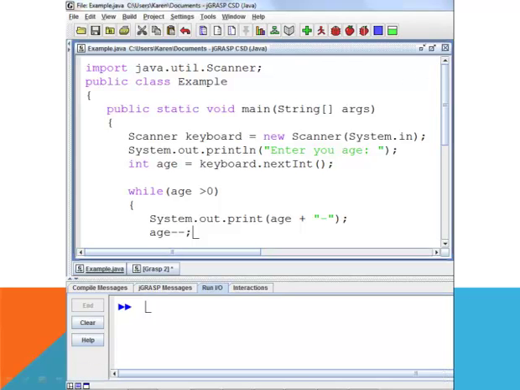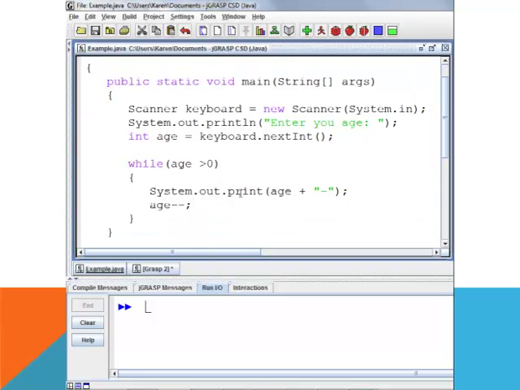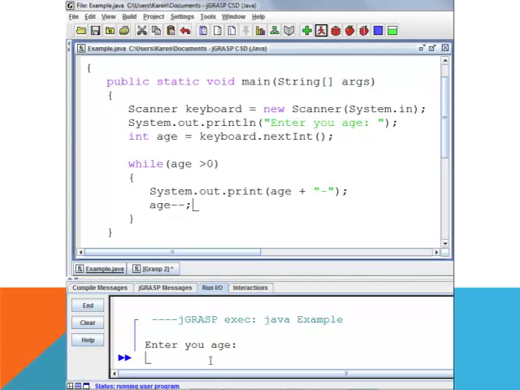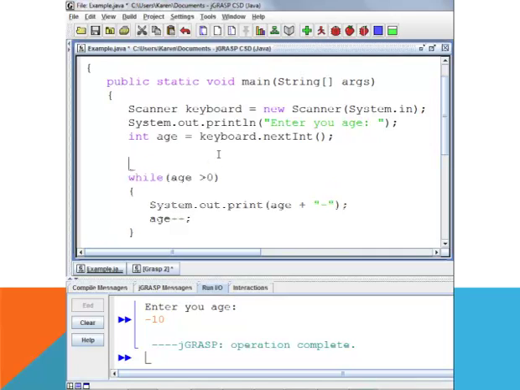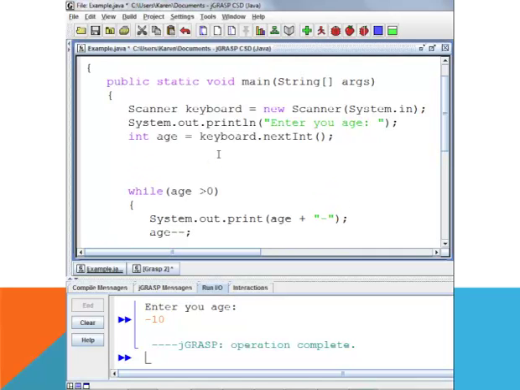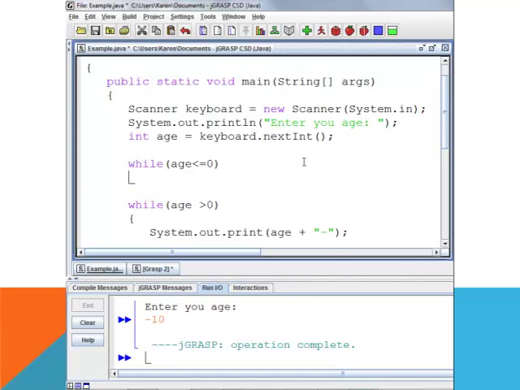Let's look at our previous example where we used a while loop to print out every year someone's been alive. If we run it again, let's say this time we enter an age that's less than 0. If we say -10, nothing happens. To fix this, we can go back into our code and use another while loop for input validation. So we can say while age is less than or equal to 0, so any age 0 and below,